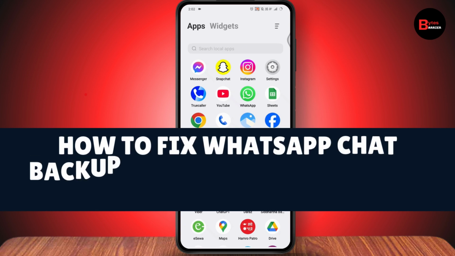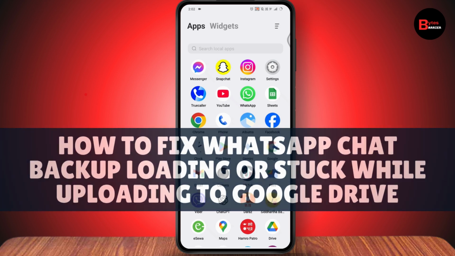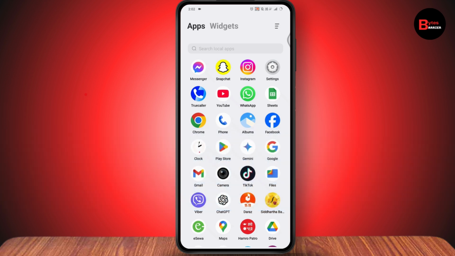How to fix WhatsApp chat backup loading or stuck while uploading to Google Drive. So if you want to fix your WhatsApp chat backup loading or stuck while uploading to Google Drive, then what